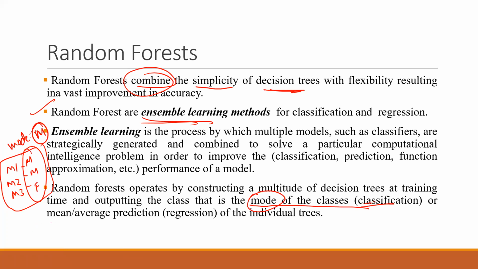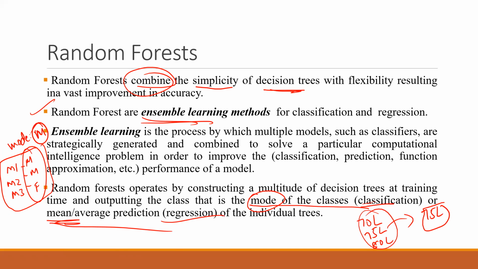And if you take the average, let's say you want to do house price prediction: a 70 lakh home, a 75 lakh home, and an 80 lakh home. If you take the average of all these values, it will be 75 lakh. In this case, we are doing the ensembling using the mean value for regression. So the basic ensembling method means you do the mode or the mean value, based on classification or regression. But then how does this work?